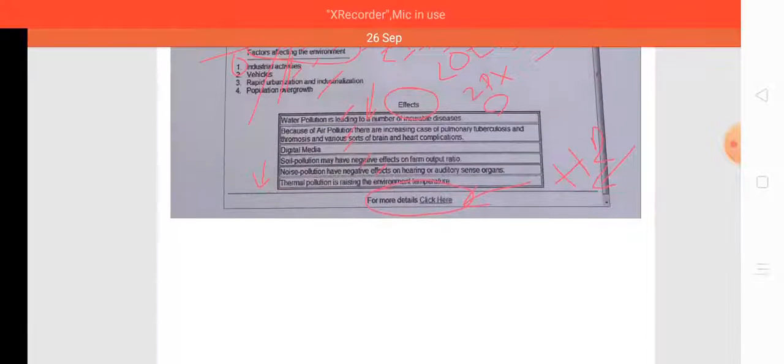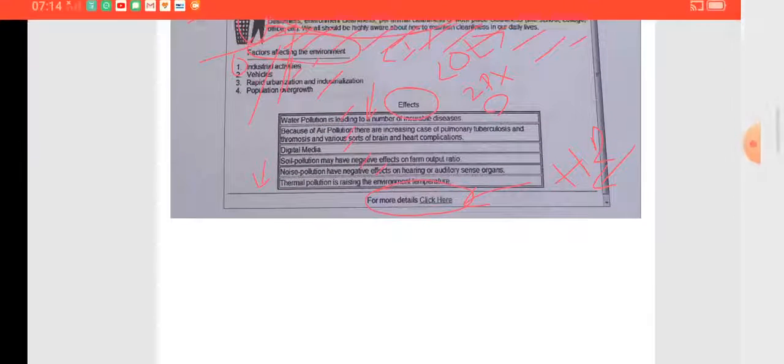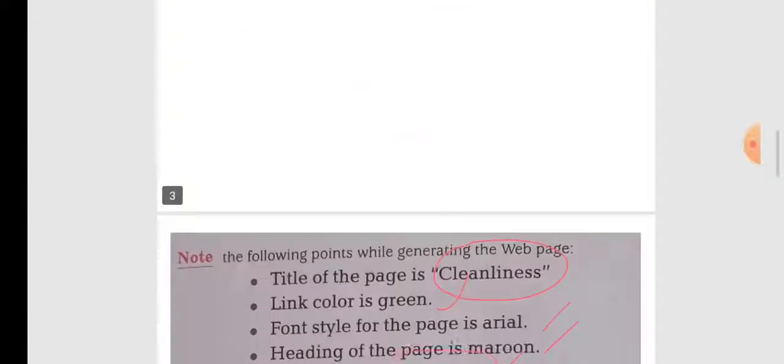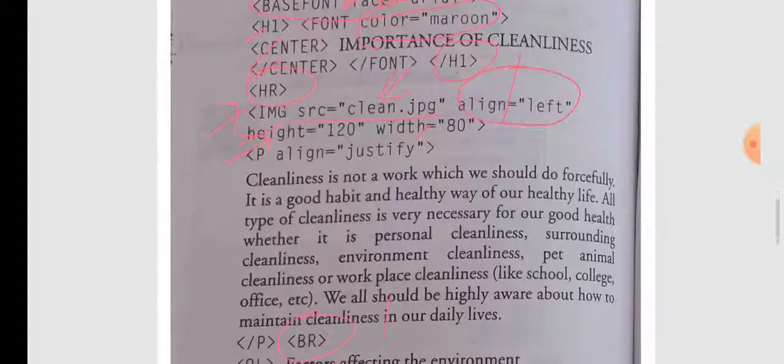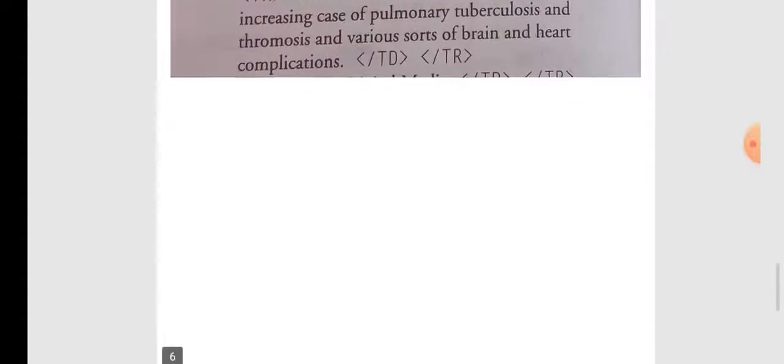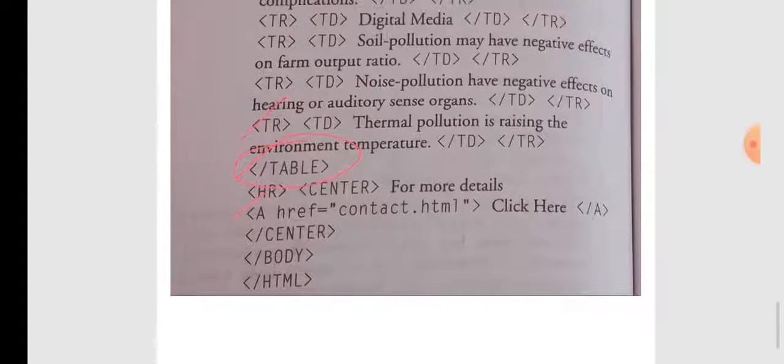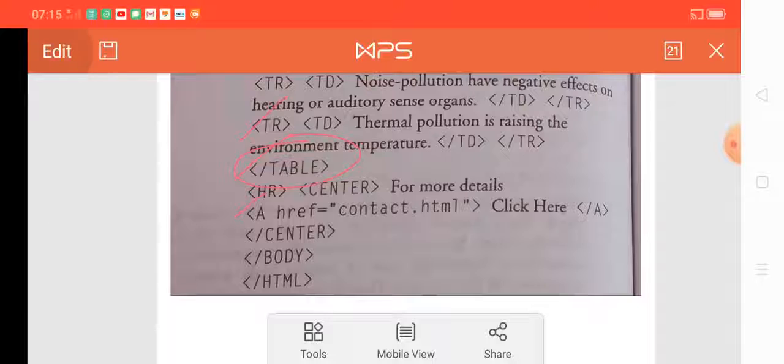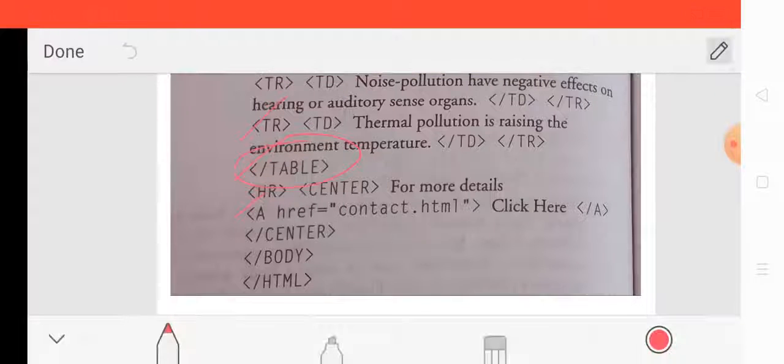Now there is only a single line or single statement, that is center aligned, and that contains a link. To implement this part of the web page, we first use the center tag to write the content in the center of the web page.